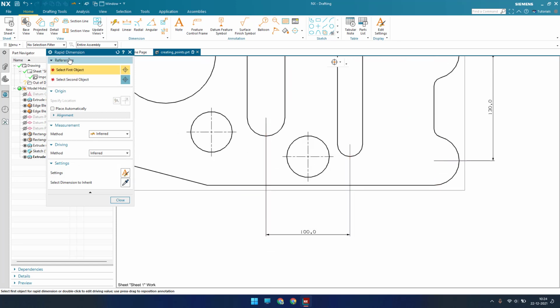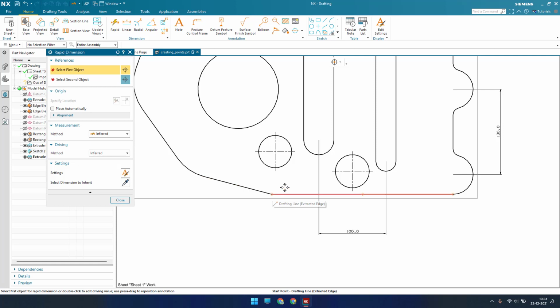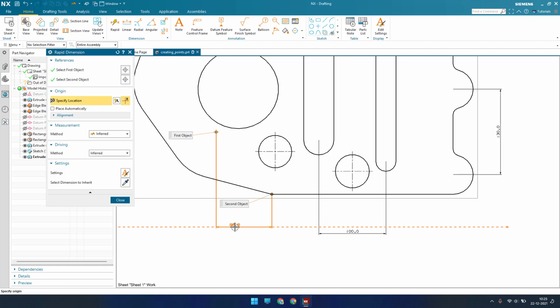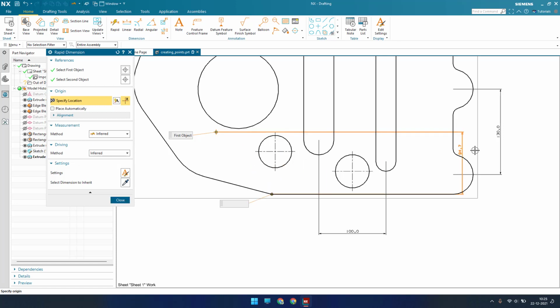So in rapid dimension, either you can give horizontal or vertical, as well as some angular. Say I want to give a dimension like this here. This is my first point. Select this point and this center to this center, and you can see here this is now measuring horizontally. If you go here, it will measure along vertical.